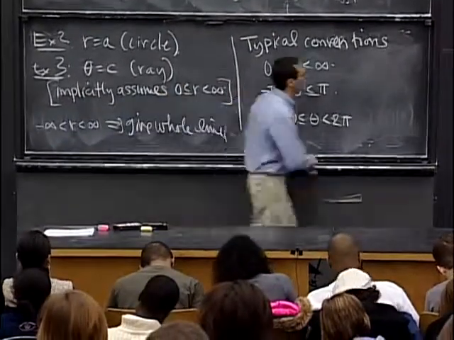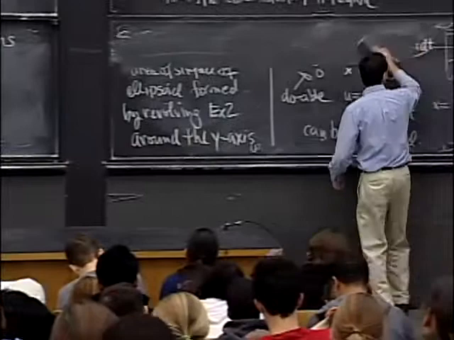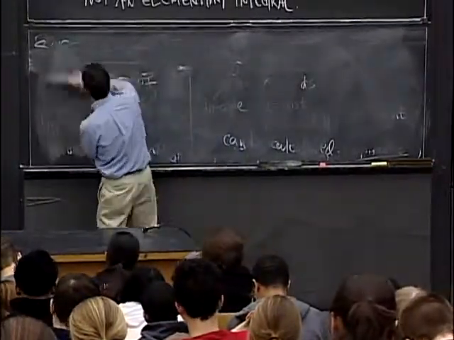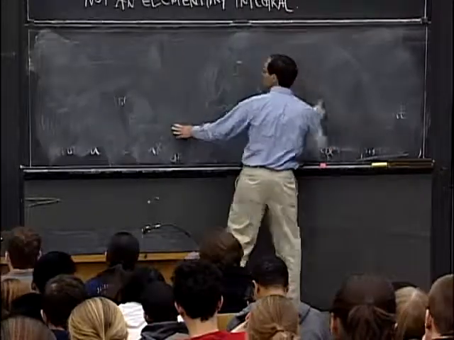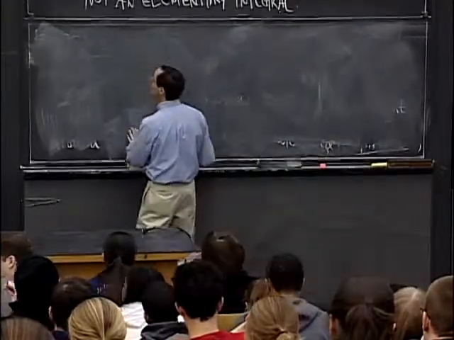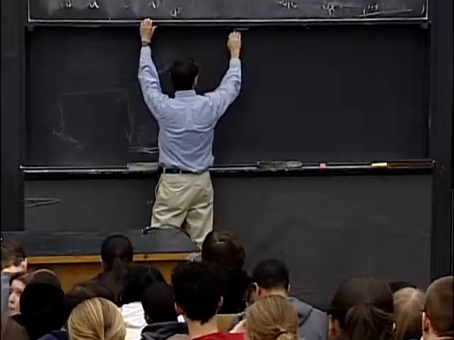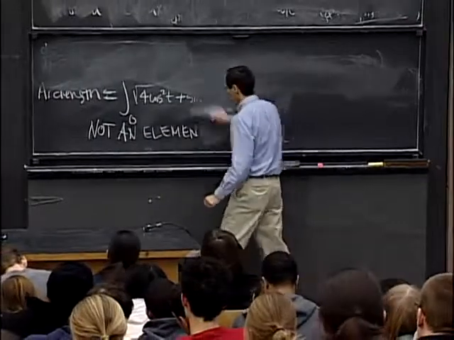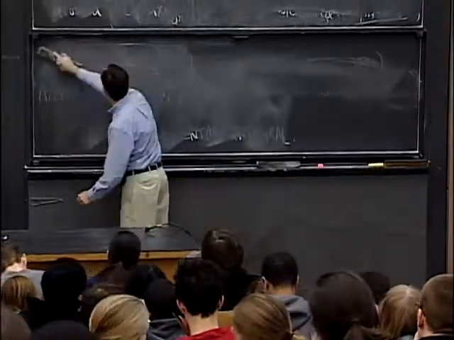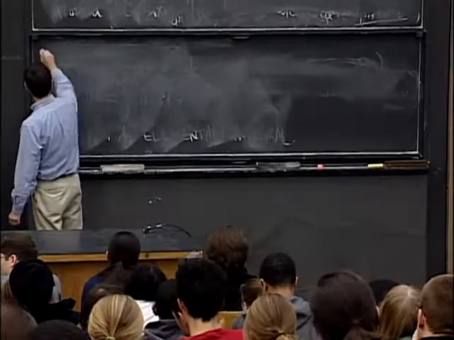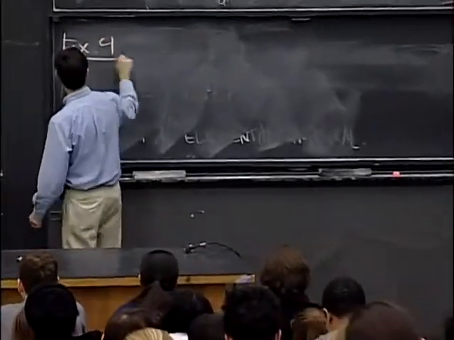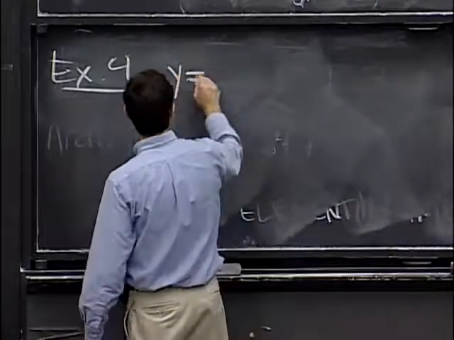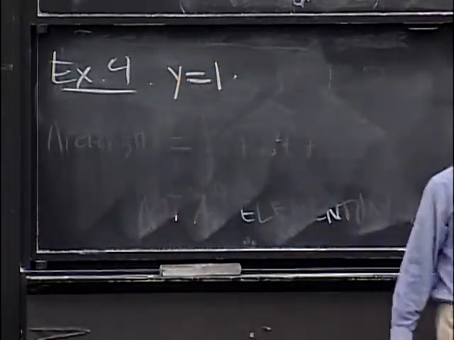All right, as I said, our job is to get used to this, and I need to work up to some slightly more complicated examples, some of which I'll give you on next Tuesday. But let's do a few more. So I guess this is example 4. Example 4, I'm going to take y equals 1. That's awfully simple in